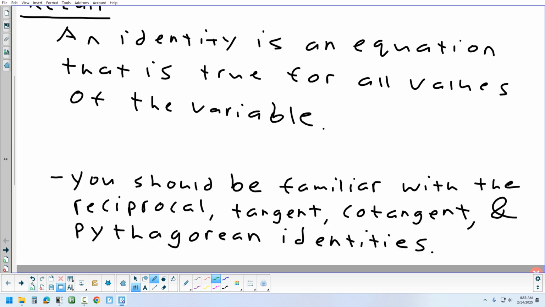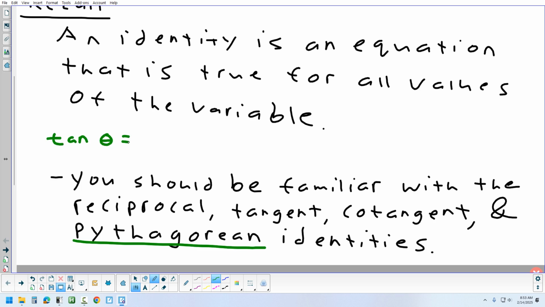So there's some identities we should already be familiar with. Okay? The reciprocal identities, like if you flip sine, you get cosecant, cosine, you get secant, tangent, flip that, you get cotangent. Also, we haven't done these yet, so I'm going to write those down. But the tangent and cotangent identities,